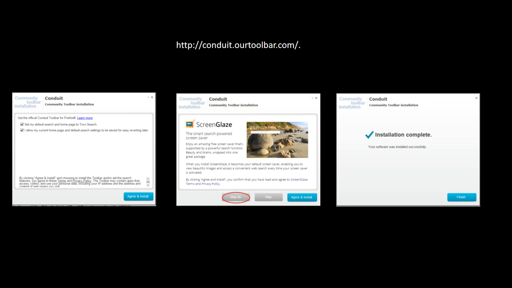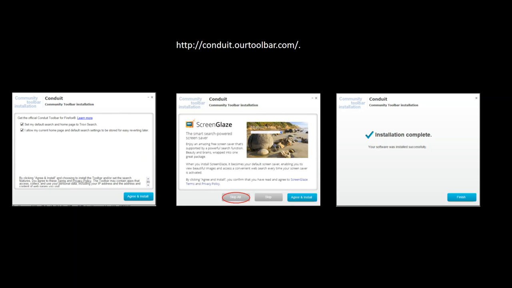Again, just another preview of the actual install for the Conduit toolbar. Once it's downloaded on your computer, perhaps in your documents or your downloads folder, you can proceed to execute it. Note that this malware is infamous for creating a toolbar in your browser and hijacking your home page for advertising uses. Okay, so rename that Conduit file